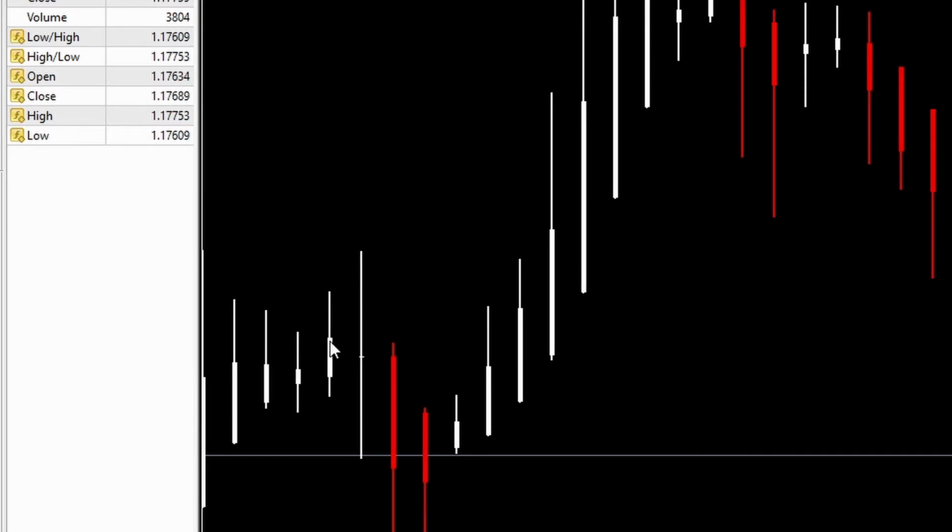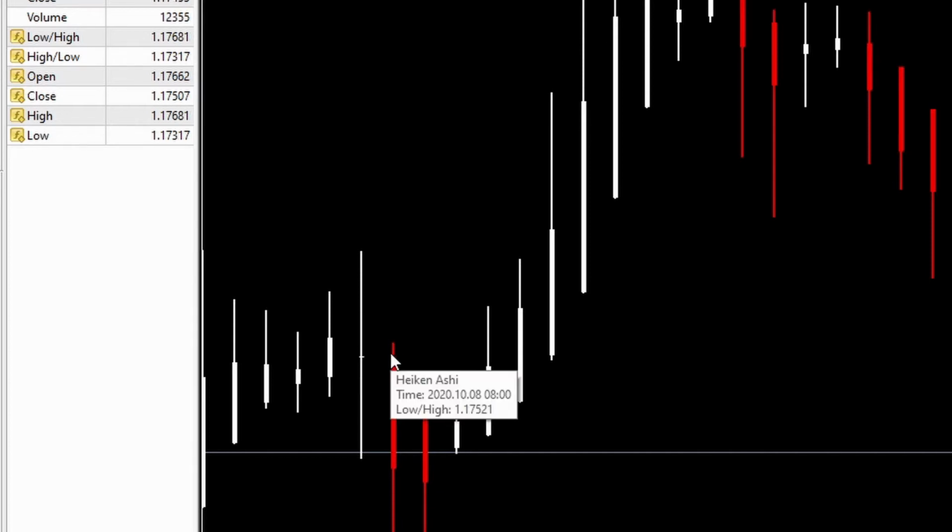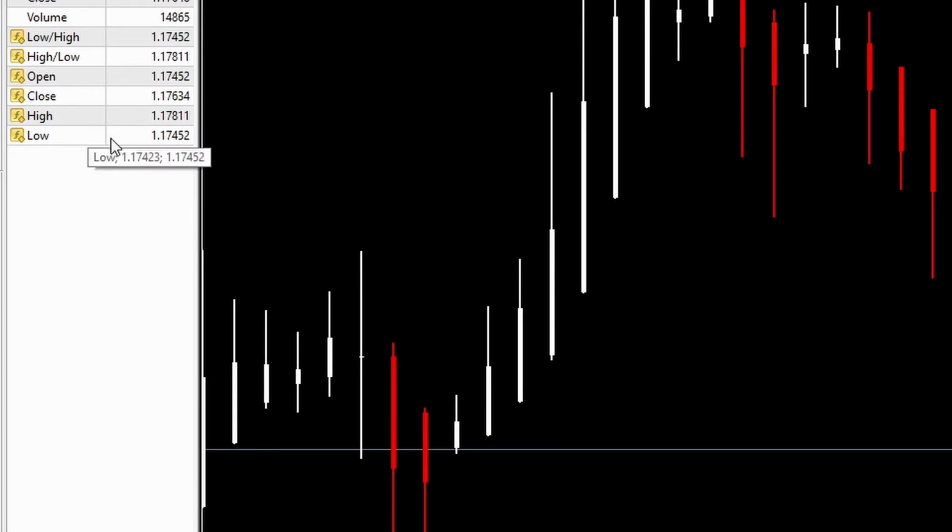You can see if I hover over a bullish candle there, that the high value of 17753 is the same as the value above in the high-low. And now if I move this over to a bearish candle, you can see that my high value is still the higher of the high and low, and it now matches the value in the low high originally. So now we have 2 values, that one of them will be consistently the high of the Heikin Ashi candle, and the other one will be consistently the low of the Heikin Ashi candle.